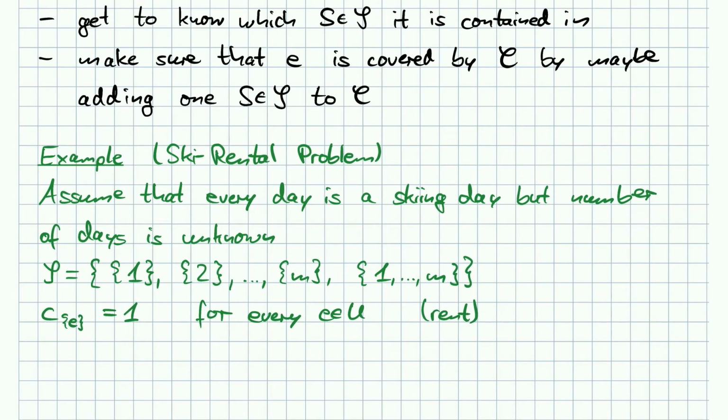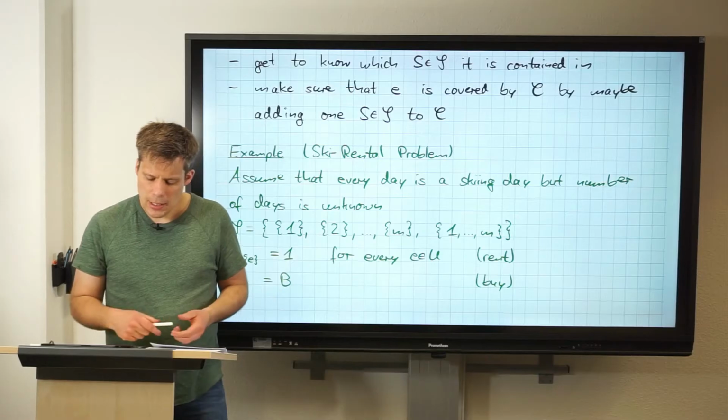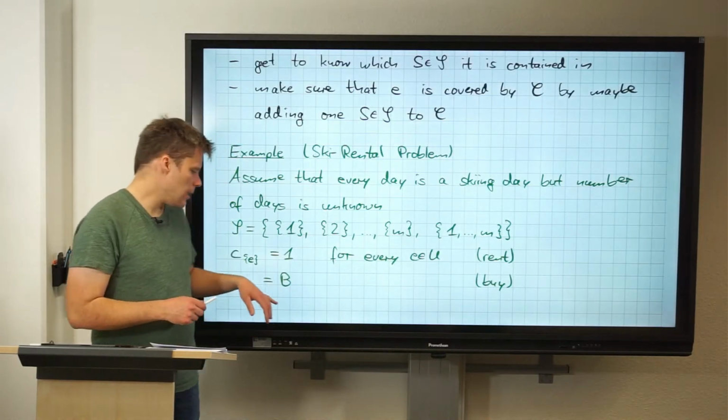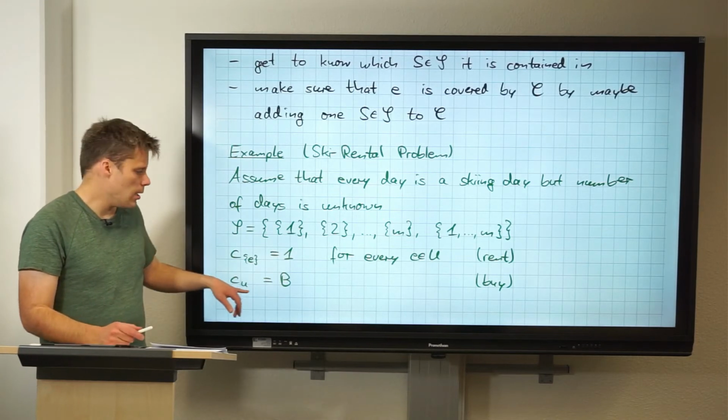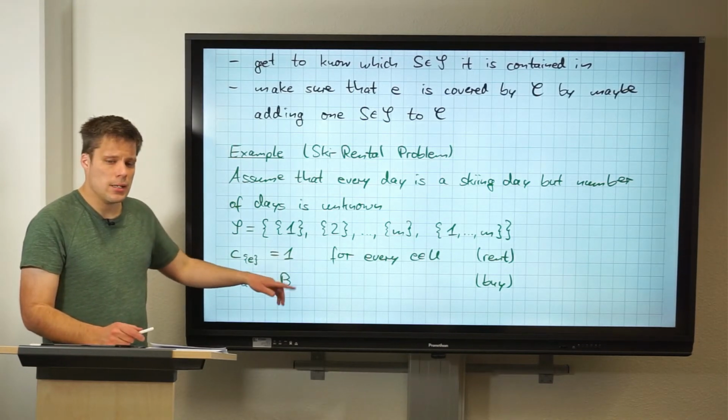And we have the option of buying the skis, which means that we're covering all elements at a time. So we cover the entire universe. We'll have to pay B,